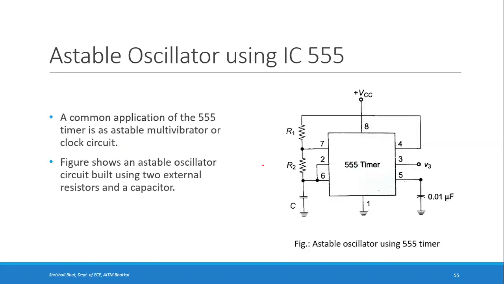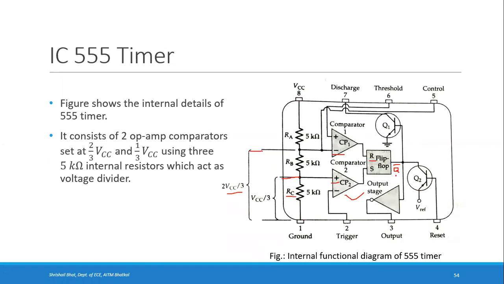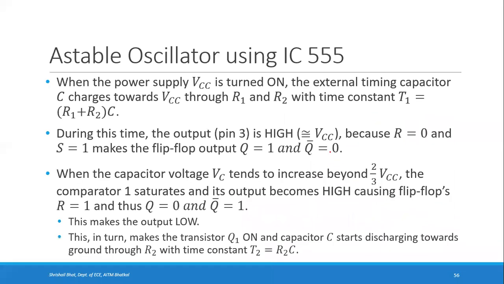Now, I have told you this is the Q bar, not the Q output. It is the Q bar, the invert of Q. If Q is 1, Q bar will be 0, right? If Q bar is 0, here you have a NOT gate, the output stage is an inverter. If you connect 0 to the input of a NOT gate, it will become 1, right? When Q bar is 0, the output will be 1 because there is an inverter. That's why we say the output is high.